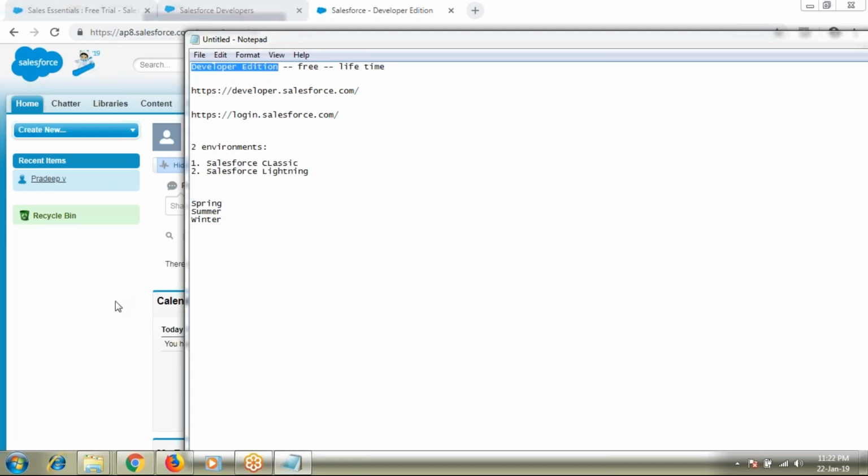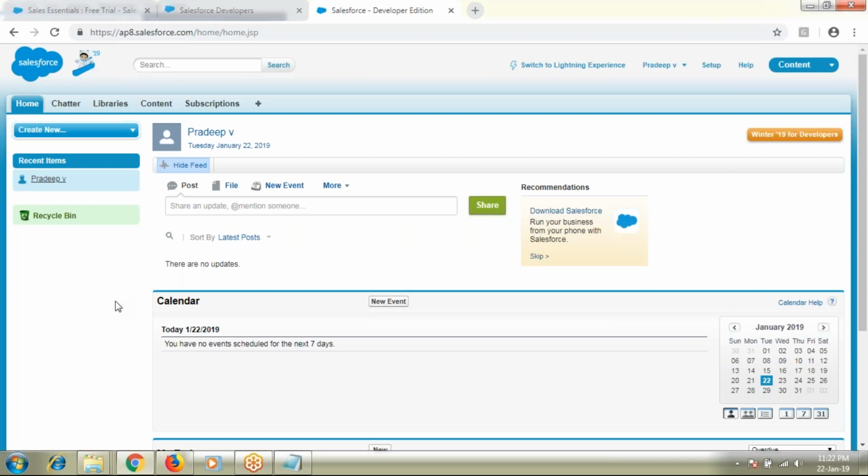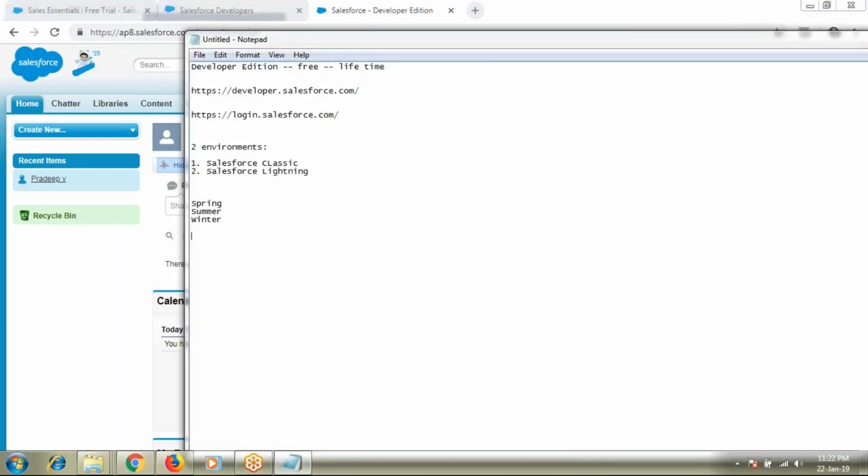Next part. So here we have registered with developer edition. Now how could I find out which edition we are on? Are we using unlimited or professional or enterprise or developer? To find out, move your pointer to the topmost of your tab, where it says Salesforce hyphen developer edition. So now we are on the developer edition, but not professional or enterprise or unlimited.